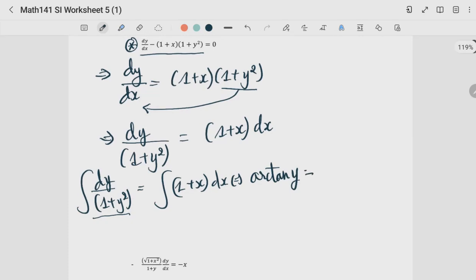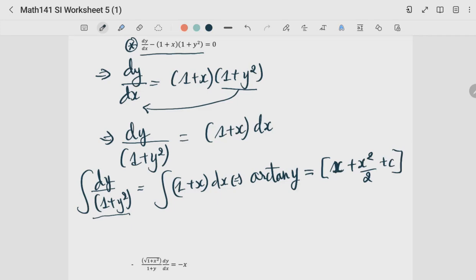So arctan of y is equal to what? Is equal to the integral of 1 plus x, which is just x plus x squared over 2, plus our constant of integration, which is unknown at this point,